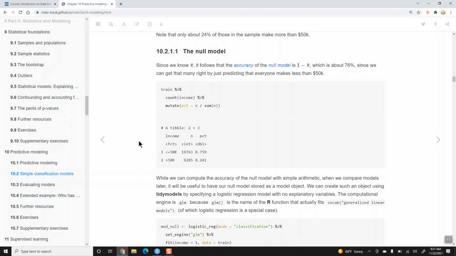And if you think about that, you go, well, that's not actually a great model, but that's basically what we're doing. You just say the majority category, 75.9% of the time, are non-high income earners. You're going to be right, okay? So that's going to form your baseline. If your model doesn't improve on that, where you're more accurate than this baseline where you just predict whatever the majority category is, it's not really a good model,